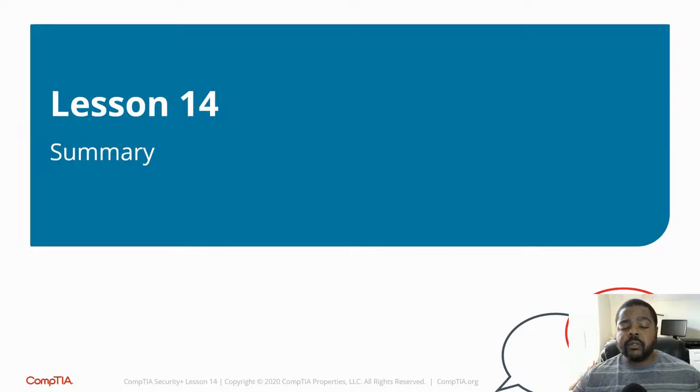So the key points to review when it comes to application building: remember, the most important thing that I want you to take away from this lesson is input validation. If we're building the code, I want someone to build it, but I also want someone to check it, maybe even double check it. All right. Now we went over different types of attacks that could happen when it comes to coding, and we also went over some type of remediations that we could put in place when it comes to